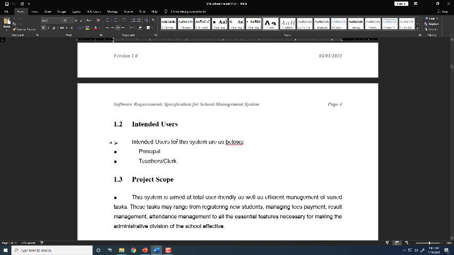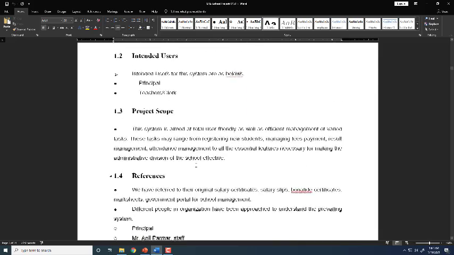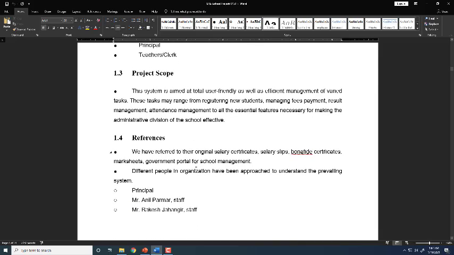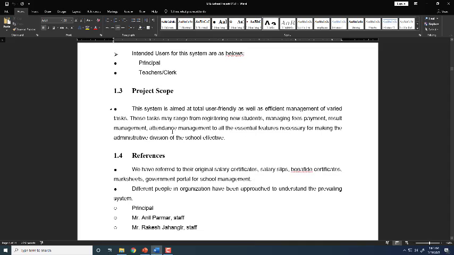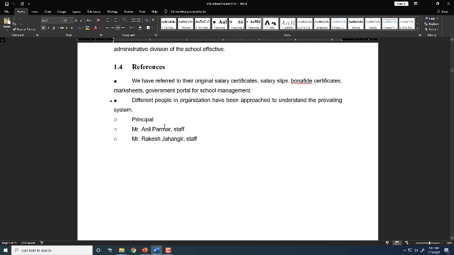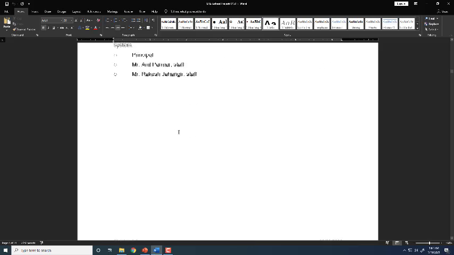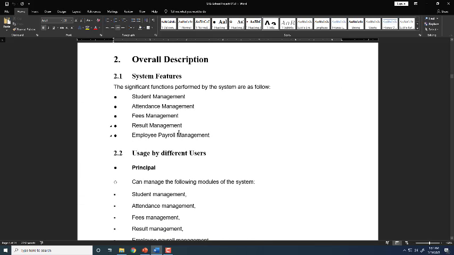Intended users will be the principals and teachers. In this specific product, we have not kept students as intended users because they are school boys, so they may not have access to a phone or internet. Project scope is mentioned over here, related to principals and teachers. References show the persons we communicated with to develop this product.